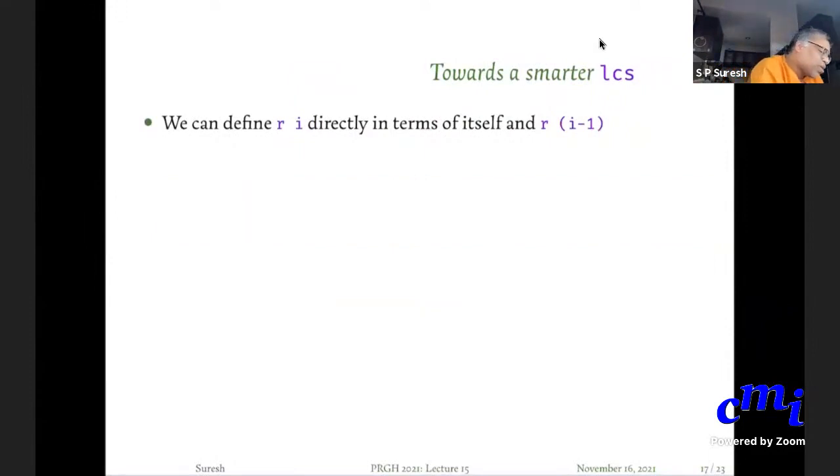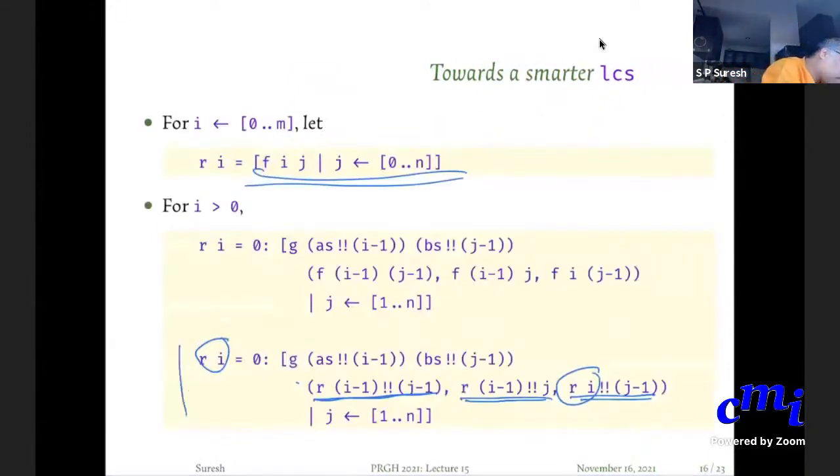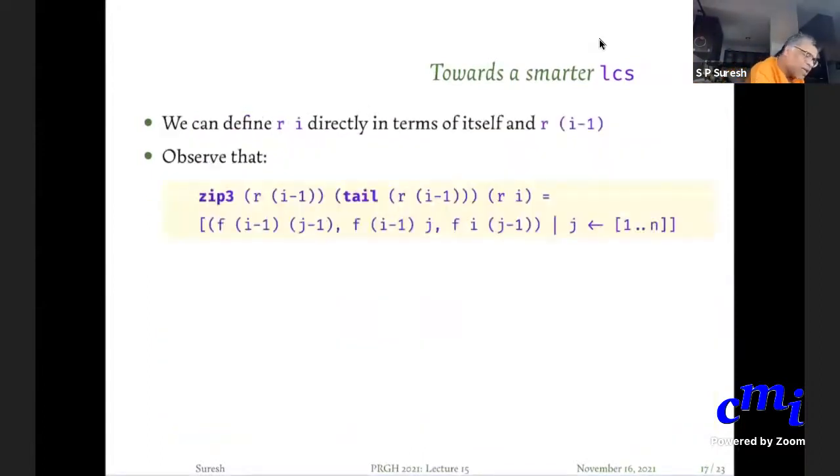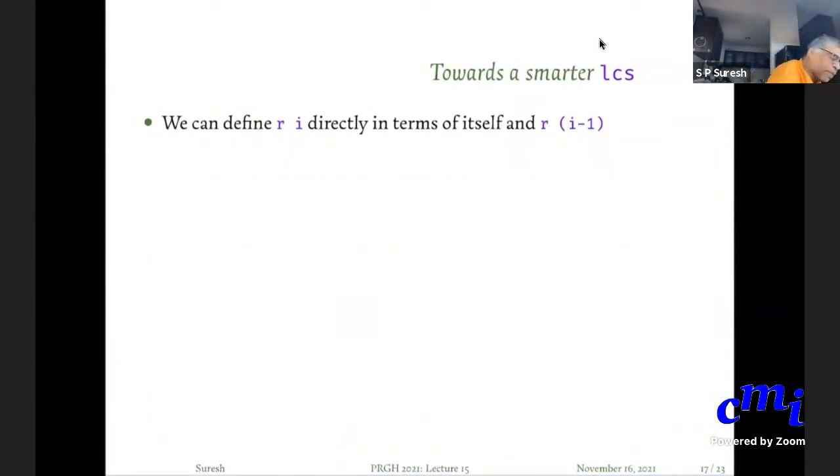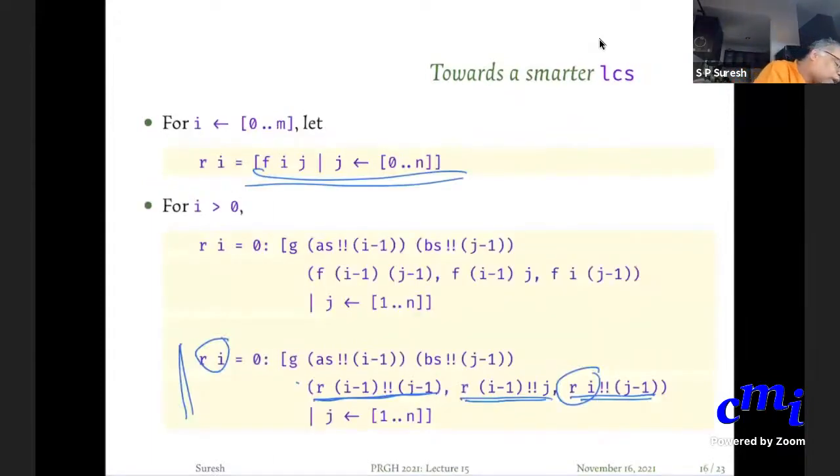Yeah. So we are here. Ri has been defined in terms of itself and in terms of Ri minus 1. Let us simplify a bit further. Here is one crucial bit. Just like with fibs, you defined it in terms of tail of fibs, etc. So you can now say that Ri equals 0 followed by, okay. But you need to notice that throughout this computation, this A at I minus 1 is fixed. This is not fixed. J varies.